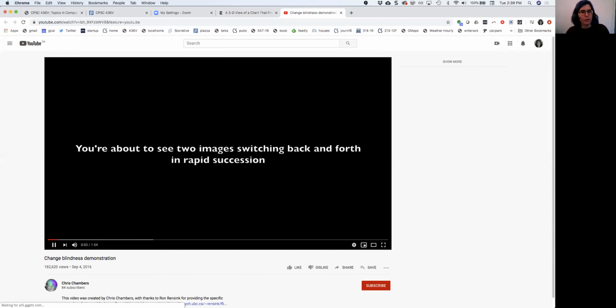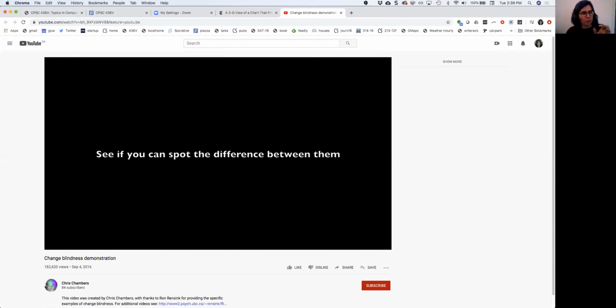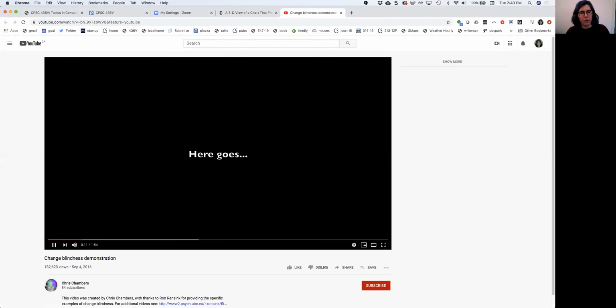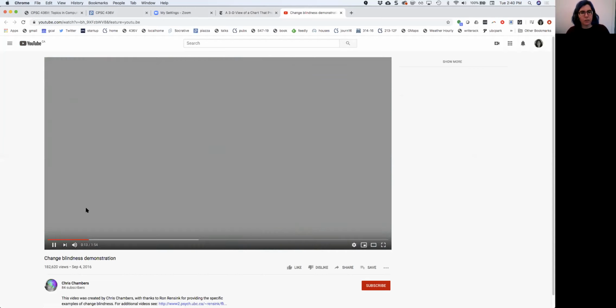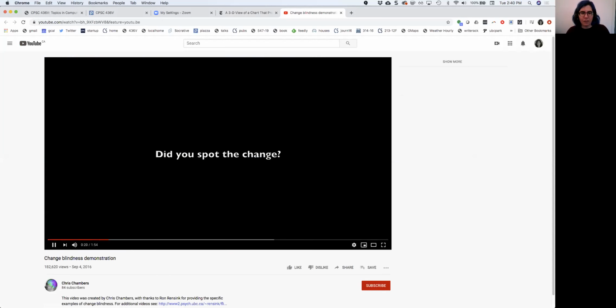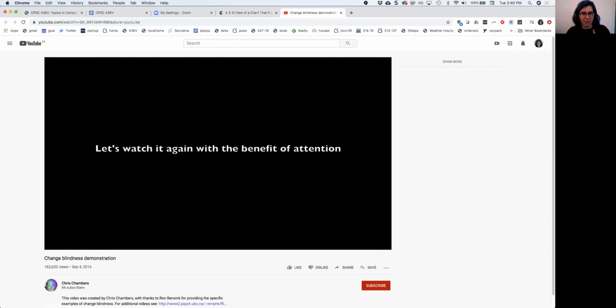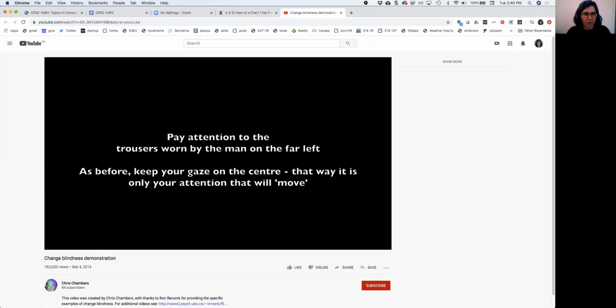So remember that the way this actually works, if you just flip between two things, you can actually really notice changes, but if it's masked by having a blank screen in between, it is much harder to see. So here we see some flipping back and forth, and it's not easy to see that change. In fact, even though I've seen this before, I couldn't notice it here. So if we look at that man on the far left,